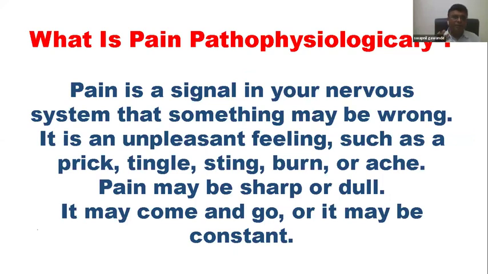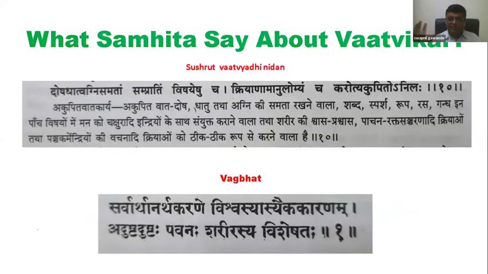There can't be a pain without the involvement of the vata dosha. And what does modern science say? That there could not be pain without the involvement of the nervous system. So how these two different things are the same, we are going to see how we can synchronize them. So according to the Sushruta,